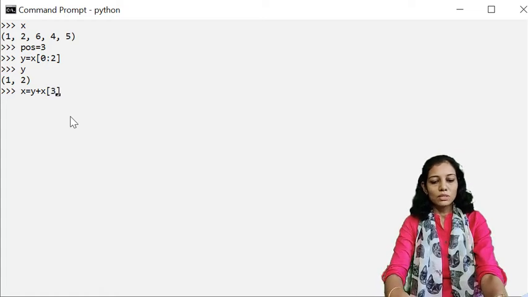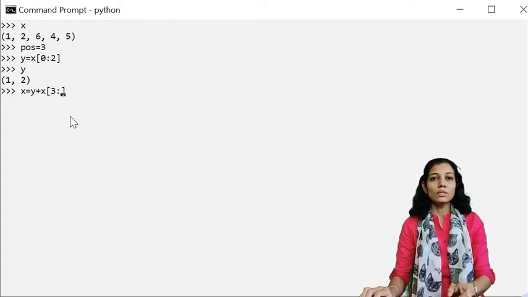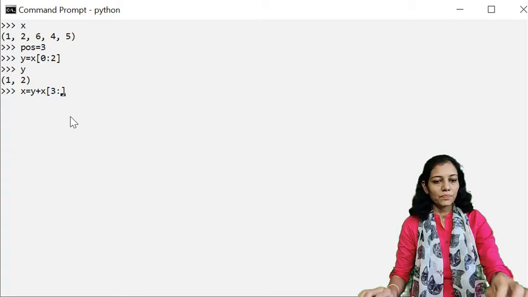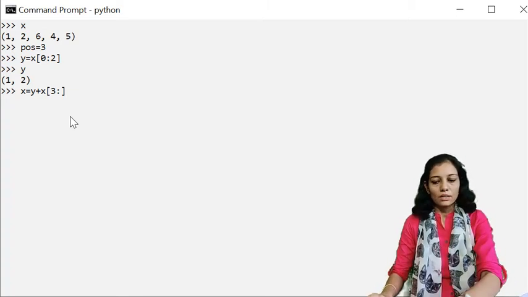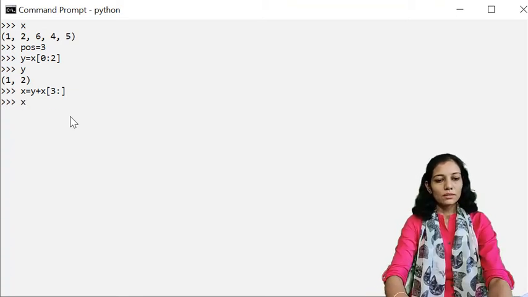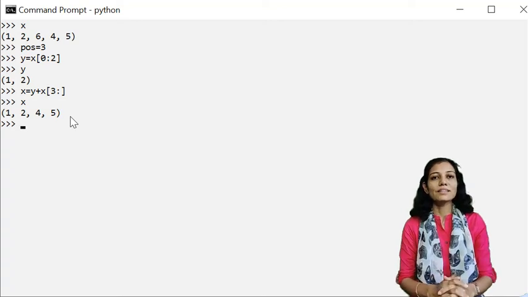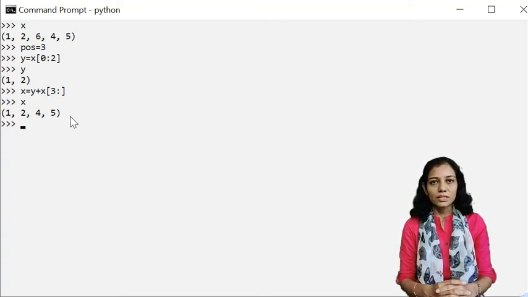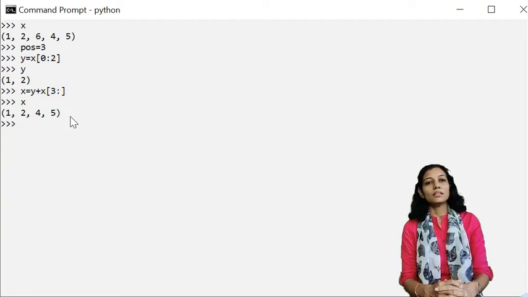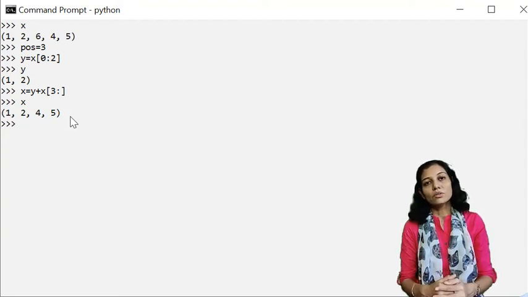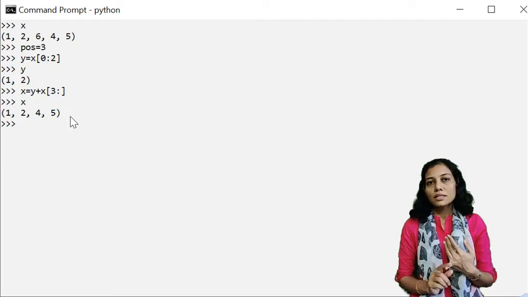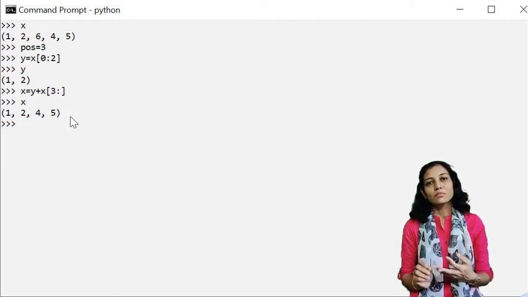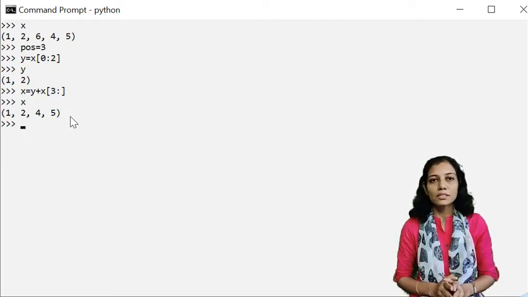That means 3 should be the starting index in order to start with the 4th element, and up to the end. Now let us check. Yes, it has deleted the element 6 from the given position. So this is how we can follow these steps in order to insert an item, delete an item or modify an item of the tuple.